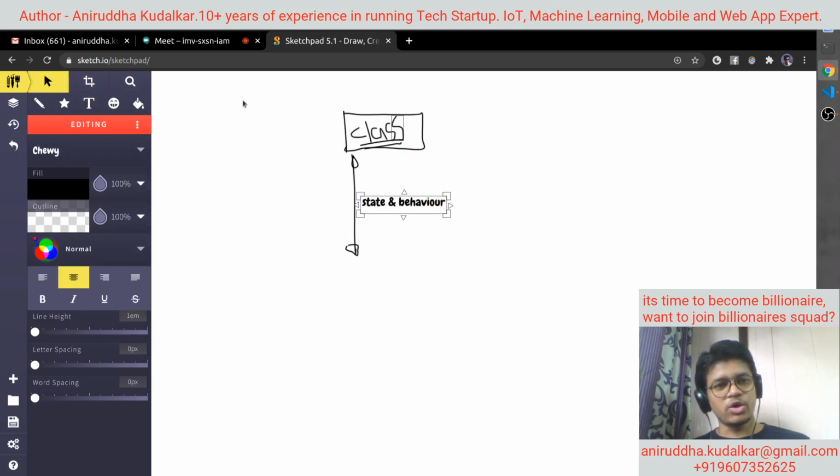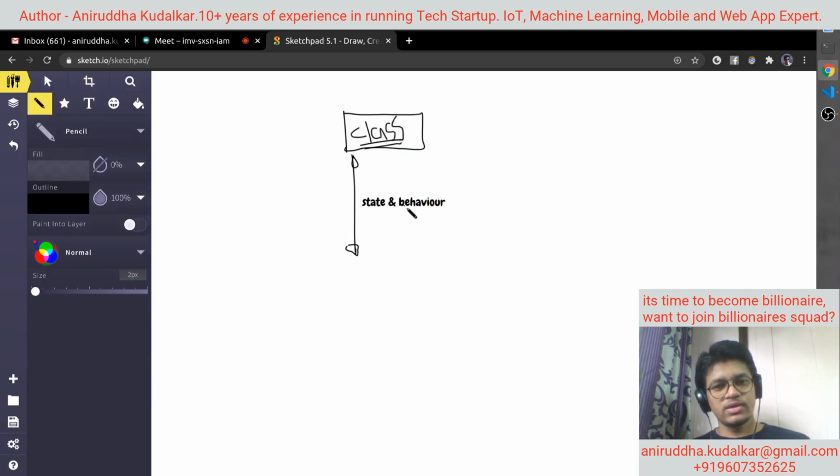So a class object defines state and behavior. What is a state? State is nothing but your properties, and behavior is nothing but your functions. Right. Now consider that you have some class, and that class is having some behavior.